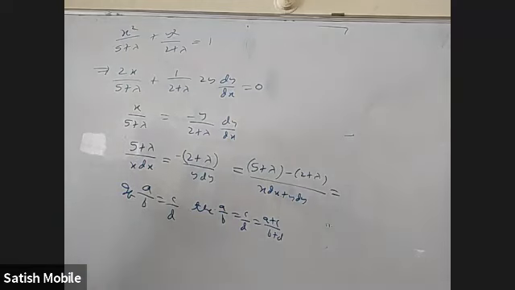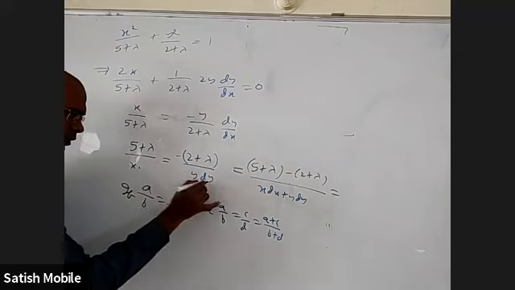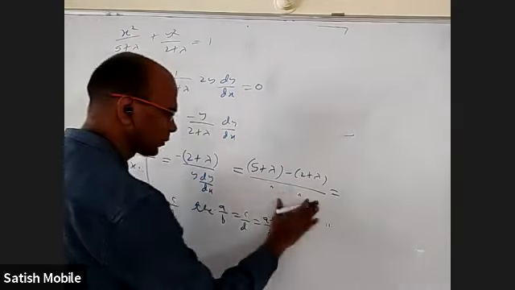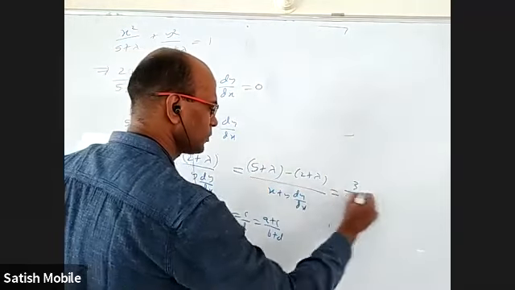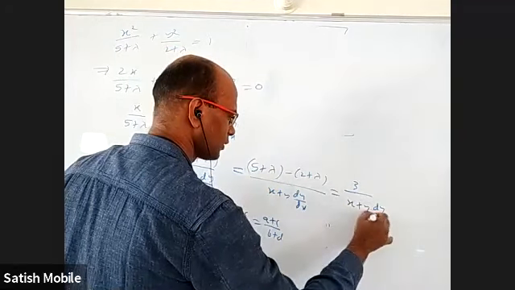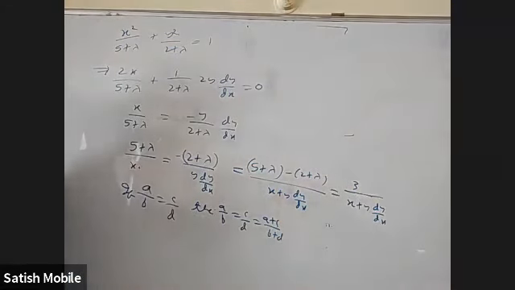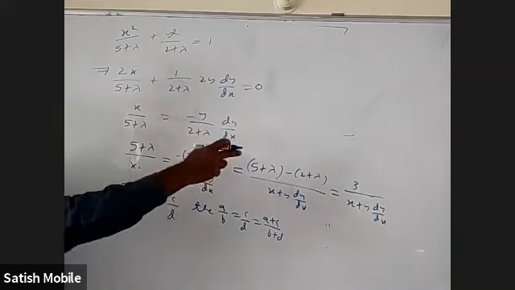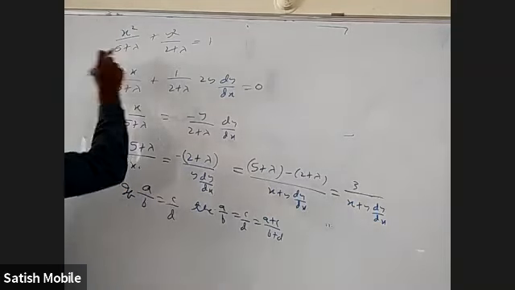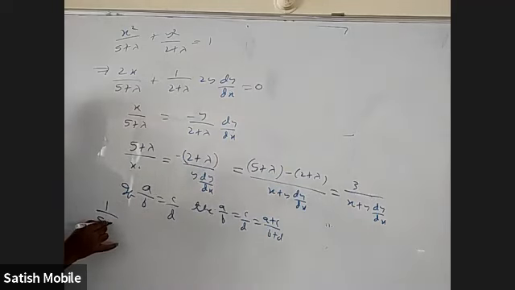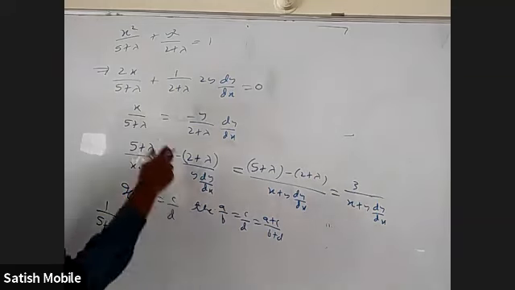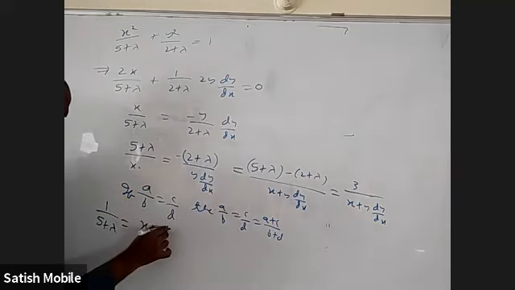I would have written even dy by dx also, not a big issue. Somebody wants me to write dy by dx, let me leave it like this. Let me write dy here and write x plus y dy by dx. This is going to be 3 by x plus y dy by dx. So now what is 5 plus lambda I got and what is 2 plus lambda I got, I can substitute them. So when I equate the first and last, 1 by 5 plus lambda will be x plus y dy by dx by 3x.